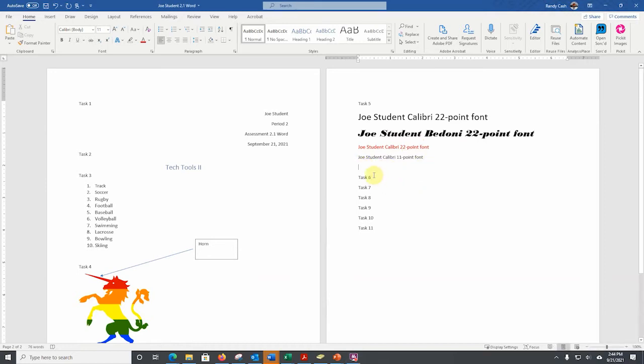And then I'm ready to move on to task number 6, which is subscript and superscript. Now, when I type in the H2O, what I need to do is turn on some buttons. So what I'm going to do is highlight the 2 and come up here to subscript. Notice how it lowers it below there. I'm going to do the same thing with here. Turn on the button. And then I'm ready to move on to task number